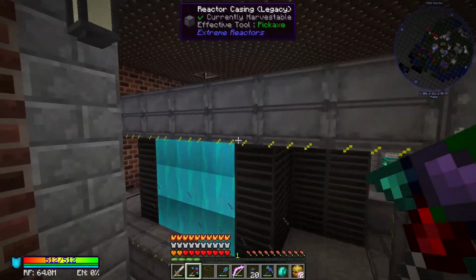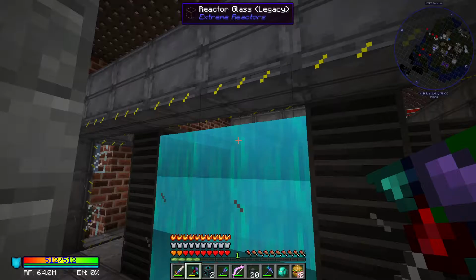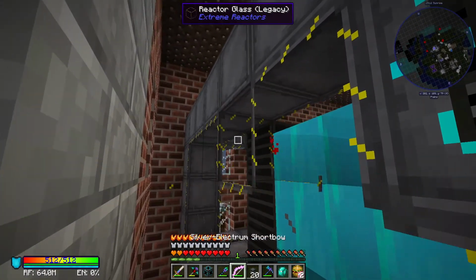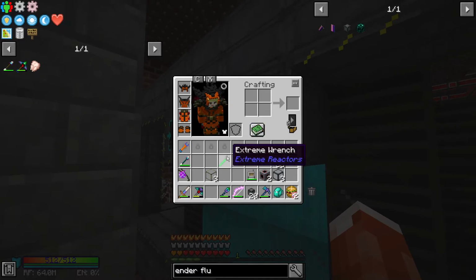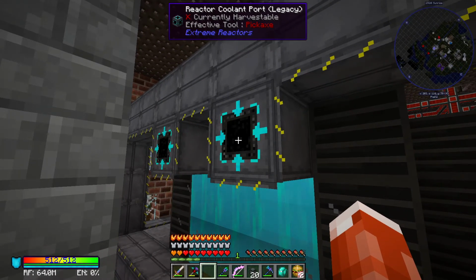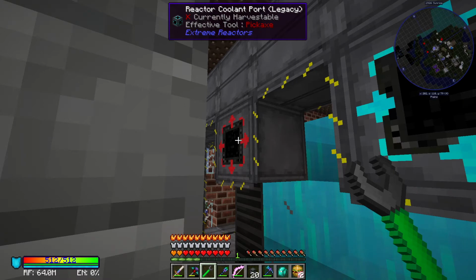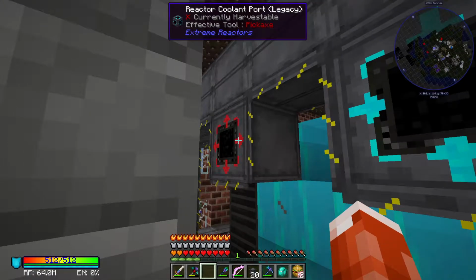So we need to extract that steam from the reactor and give it to our turbine. We're going to do that with 2 ports, because remember I said we had to have this system that goes from one to the other and then back again in kind of a round robin. In order to change whether or not a coolant port is import or export, you can just right click it with the Extreme Reactors wrench. So now let's see how that changed to red. That now will extract steam